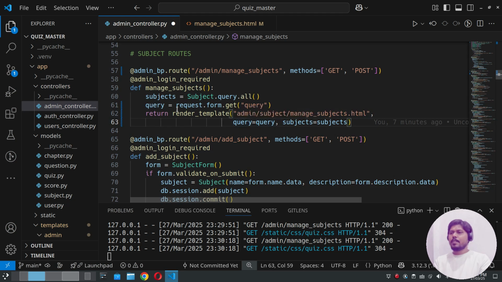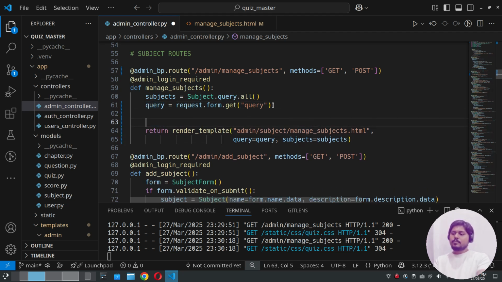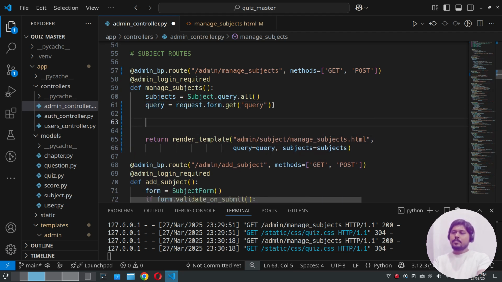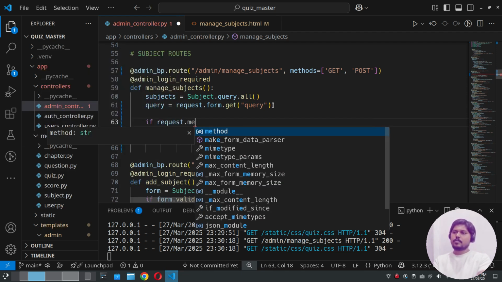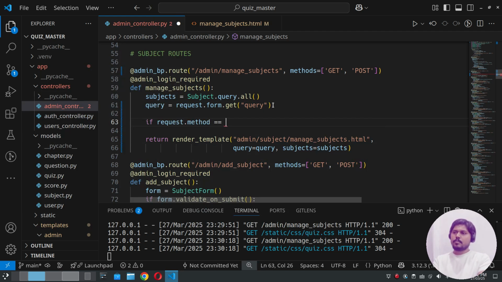So whenever we have the query, it will be provided to the template. When we have the results, we will also have the query, so we can extend or remove the query, and we get the result again. And if the request method is post type, so